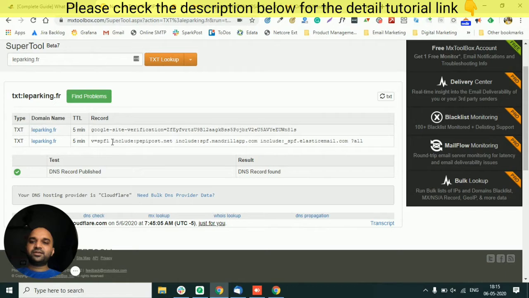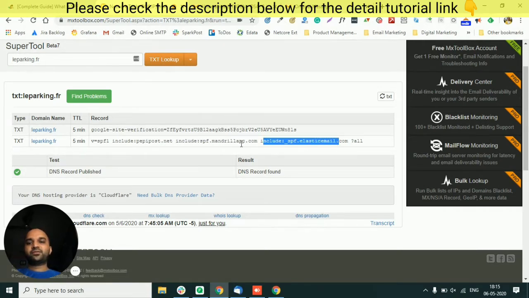Now you can see there are three service providers which Lee Parking has allowed in its SPF to send emails. The first provider is Peppy Post, the second is Mandrill, and the third is Elastic Email.